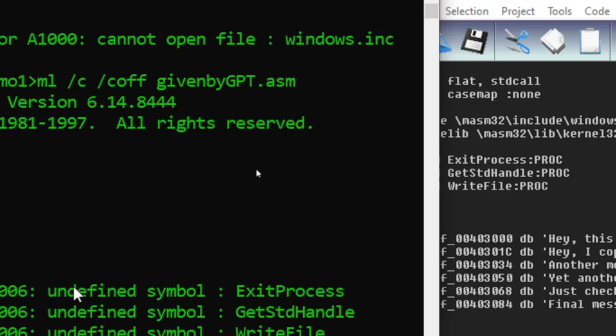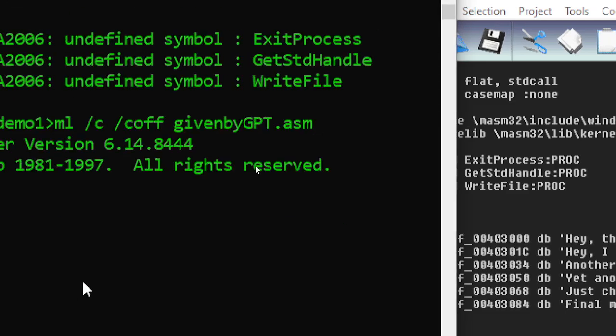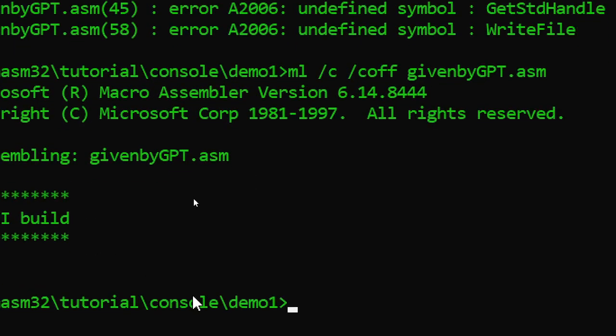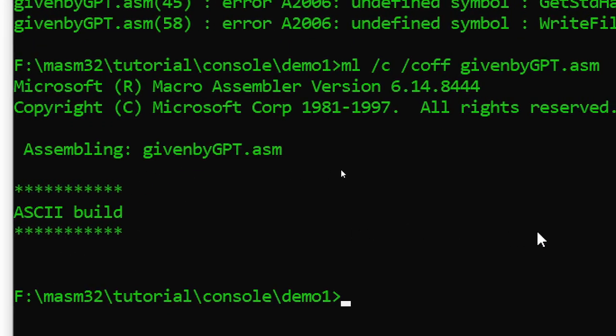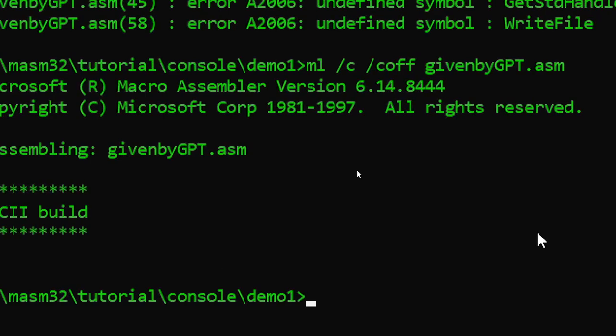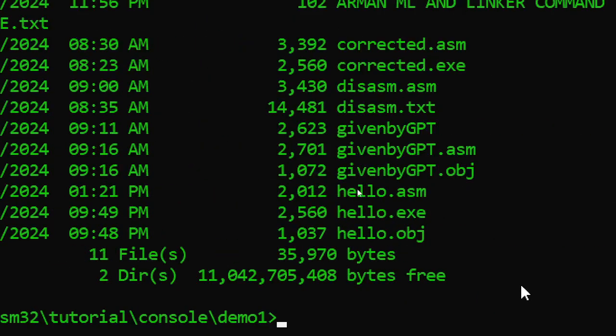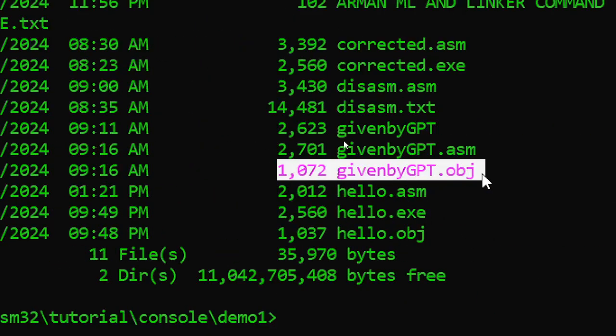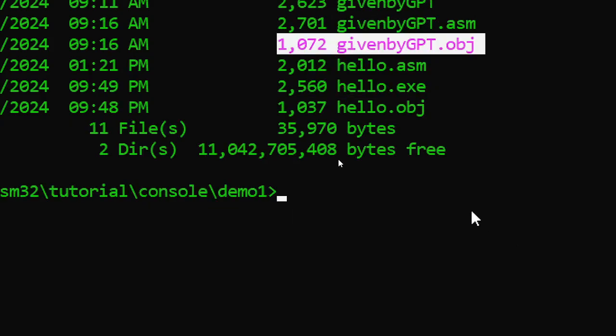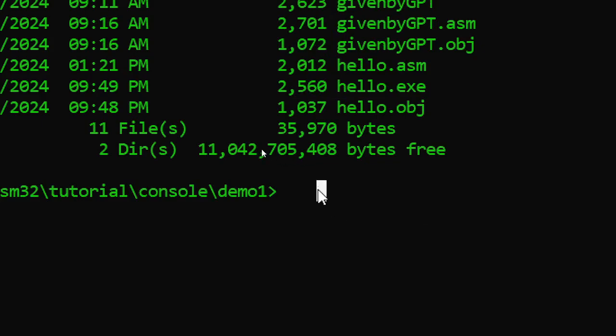Okay, then we're going to try now. Let's do the COFF given by our friend GPT, and it was build. Then you click build again. Now, meaning it created an object already. So we are happy, he gave me an object. So meaning you were successful in doing that. Now what you are going to do is link that object. So what you are going to do is type link